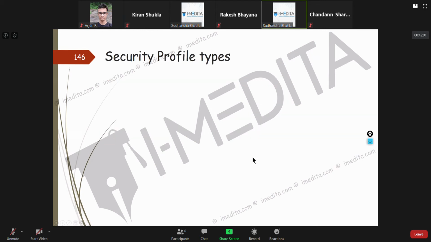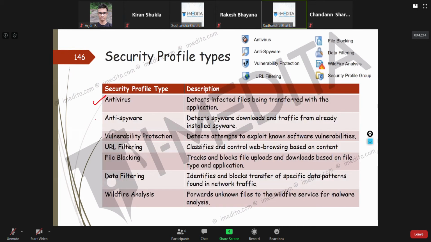These are all the security profile types, like I've already shown you, and these are some of the descriptions: anti-spyware, antivirus, vulnerability protection. Let me tell you what that is. Basically, every software has some form of vulnerability.